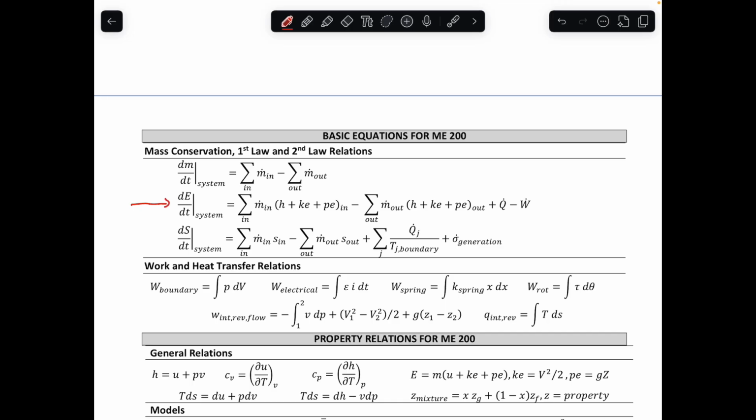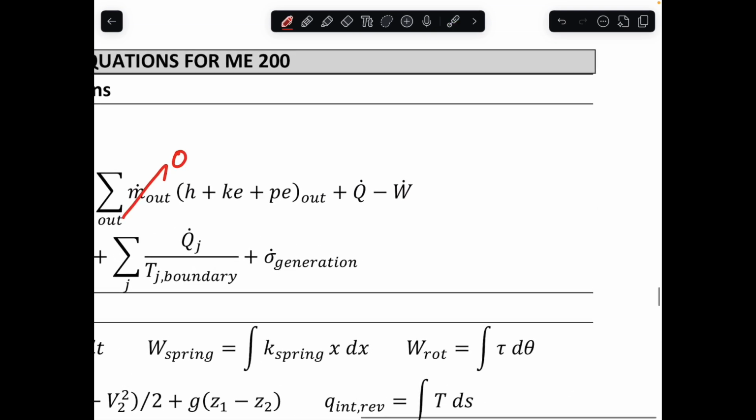we have a closed system, which helps us simplify this equation a lot because the mass flow into the system for a closed system is 0, and so is the mass flow out of the system. And so if we just integrate both sides of this, if we integrate all of the terms here, then the dots go away and the d/dt goes away, and we can get a total form of the equation, which is the total change in energy of the system is going to be equal to the total heat transfer minus the